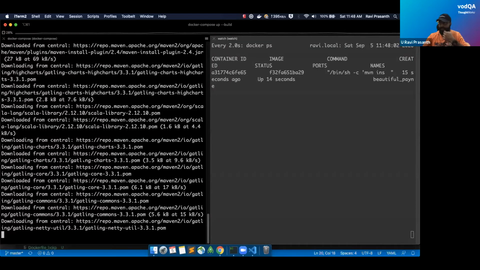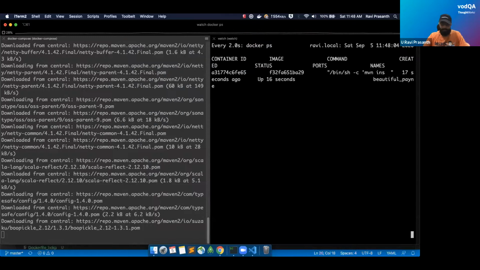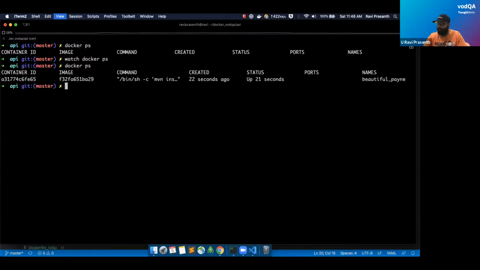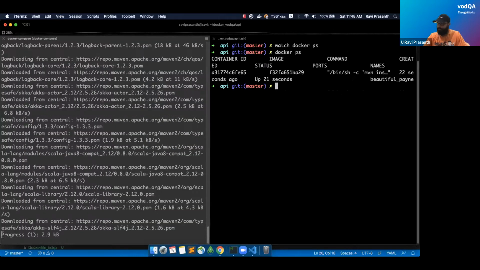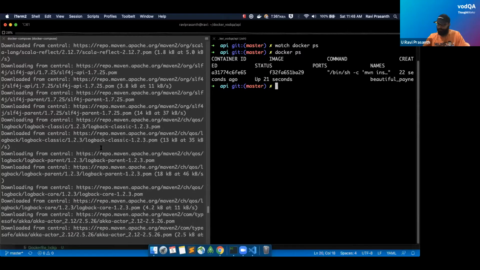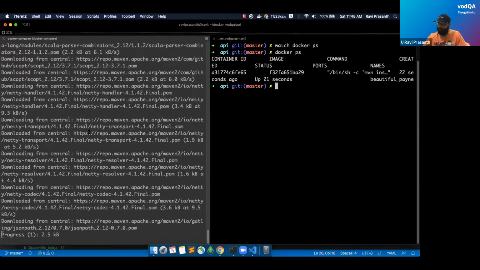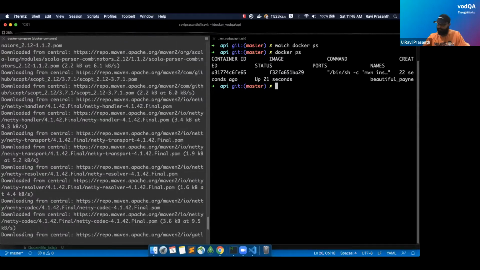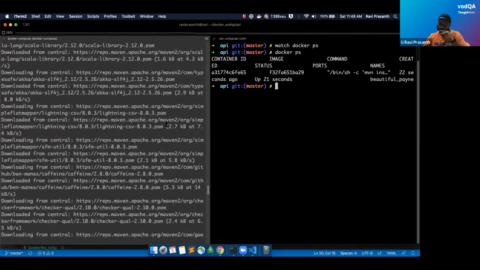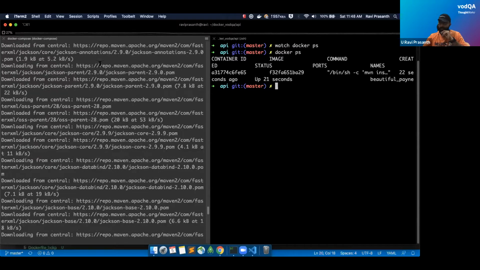This will again download all the dependencies and pull them. You can see it is just one command, docker compose up --build -d.